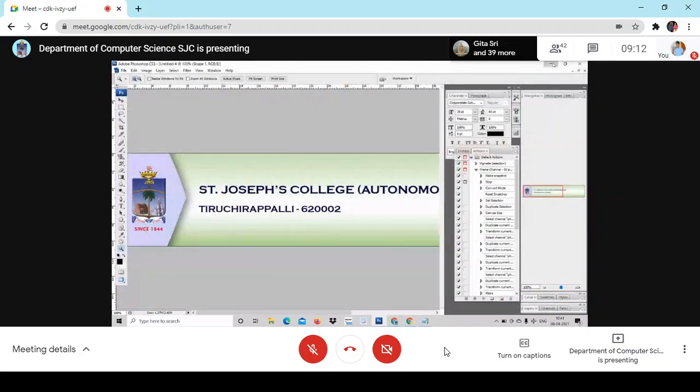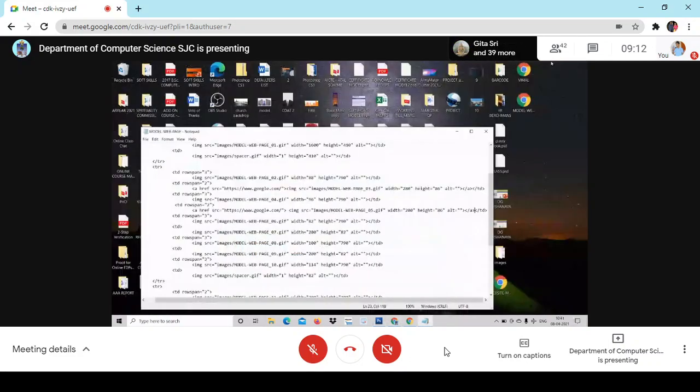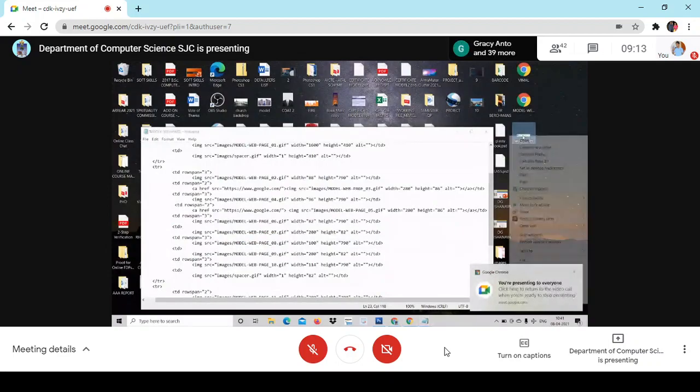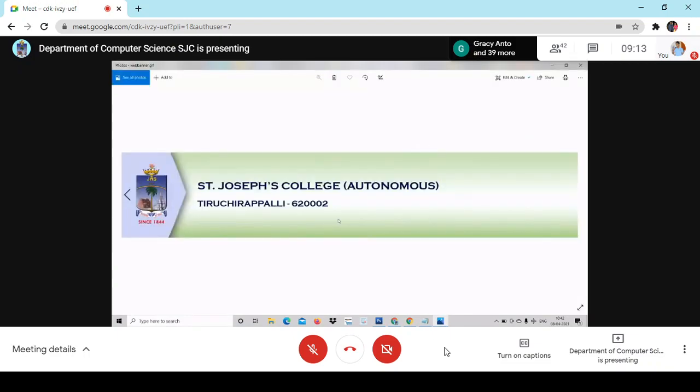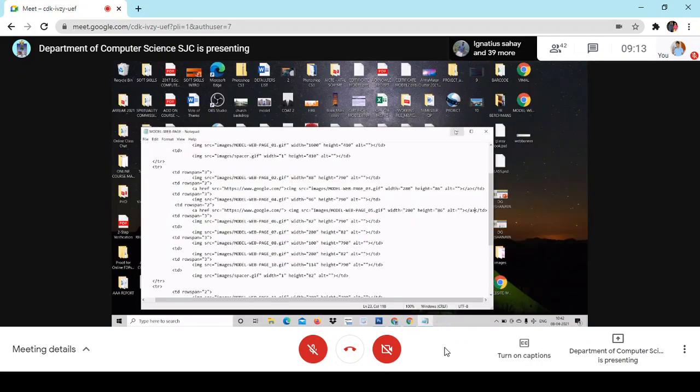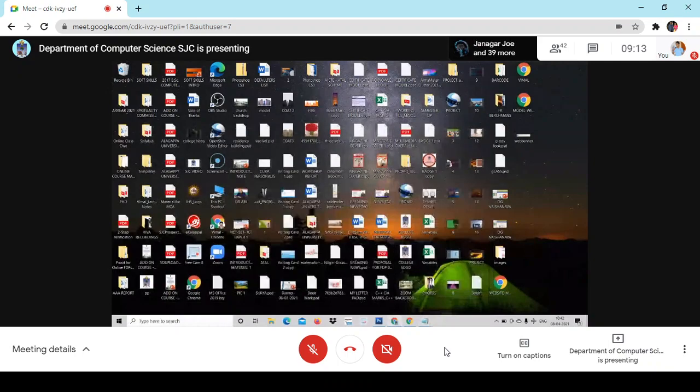I have saved it as a GIF image. Look at here. Look at that banner. Are you able to see that banner? I'm just opening that. This is the banner that we have designed. This is actually a GIF image, a light image without reducing the quality of the picture. See, the quality will not be reduced, but it is a light image, right?